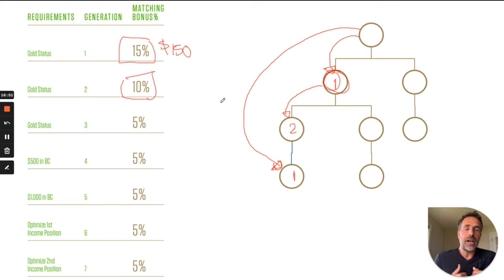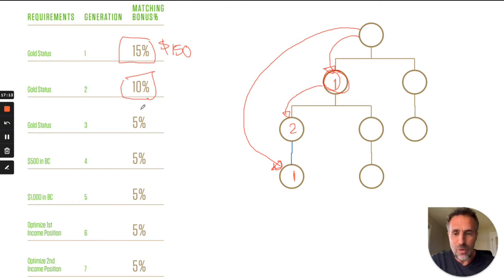What I've seen in my own organization is some lines, some teams, they've optimized. So I'm earning $2,000 in base commission, but they keep on growing, and my people make more and more income. Guess what happens to my matching bonuses? They increase, they keep on growing. So some lines I earn more in matching bonuses than I do in base commission.